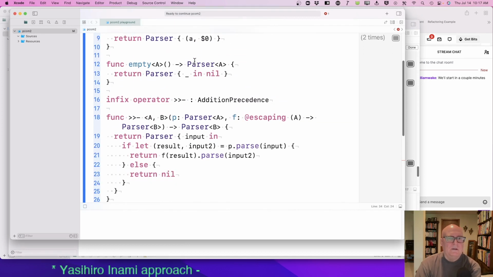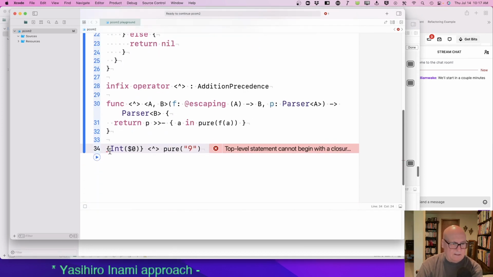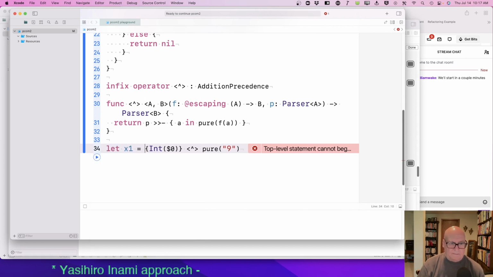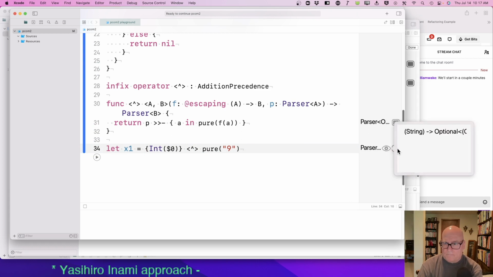Okay, so I think I'm going to get a 9. I don't know. A 9? String goes to optional.